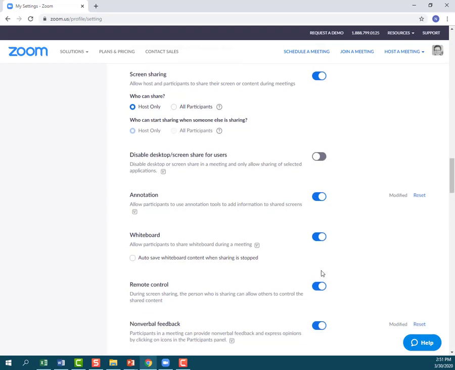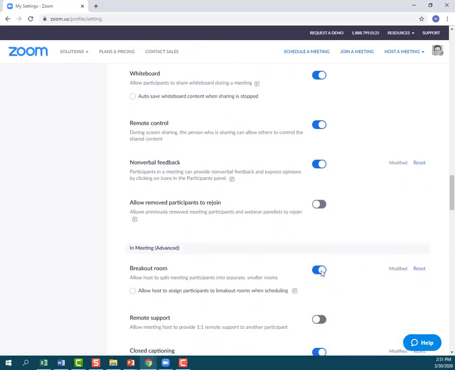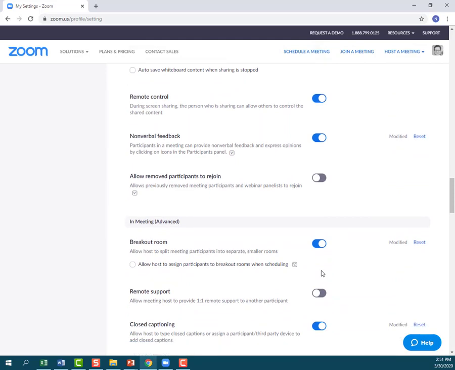All right, like I said, I'm not going to point out everything here, but you do want to spend some time deciding what works best for your room. The last thing I'll point out is that if you do want the breakout room option, this is where you would select that radio button. I'm going to scroll back up to the top,